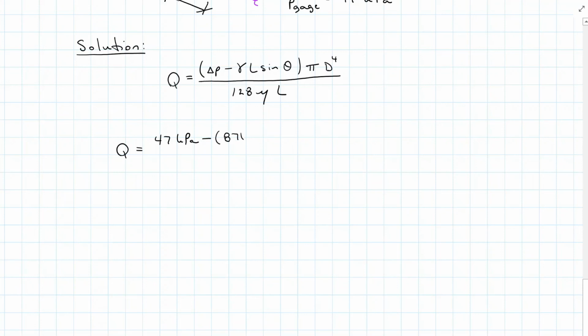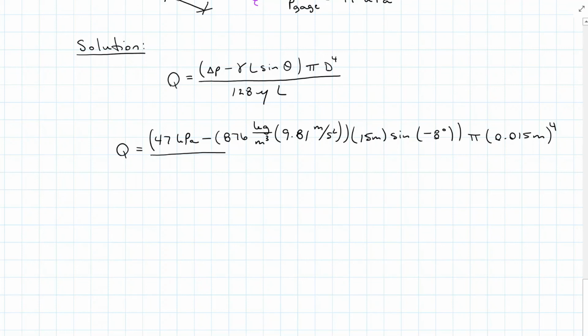So that is our 876 kilograms per meter cubed density times gravity, meters per second squared. Length is 15 meters. Sine of negative 8 degrees, because we are going clockwise, so that needs to be negative, times pi, and then our diameter is 1.5 centimeters, so that's 0.015 meters raised to the 4th power. Divided by 128 times the viscosity given to us at 0.24 Newton second per meter squared, and then again the